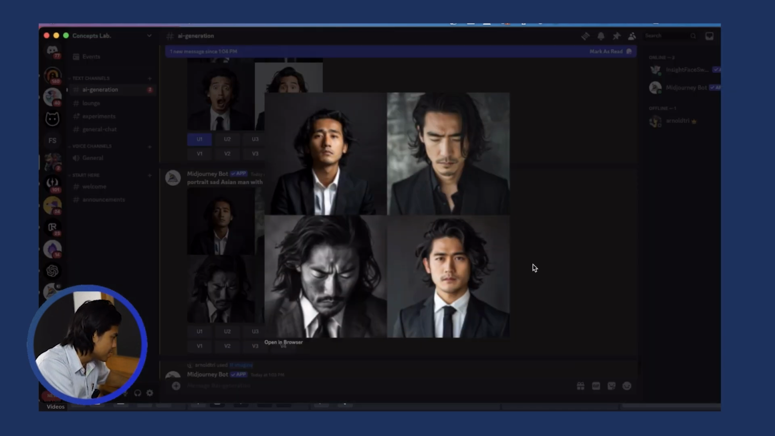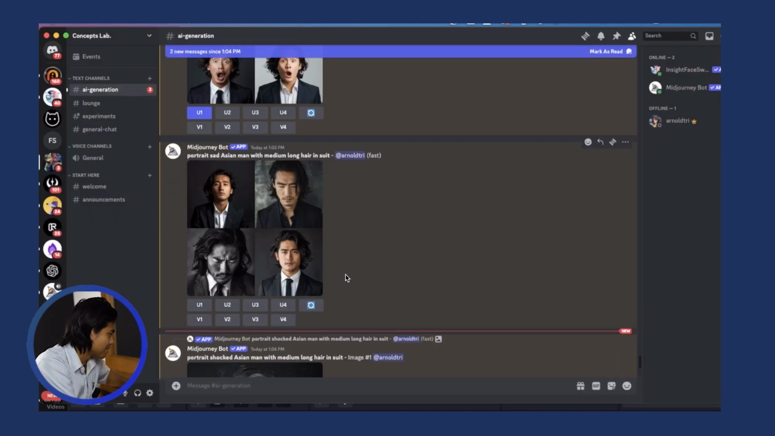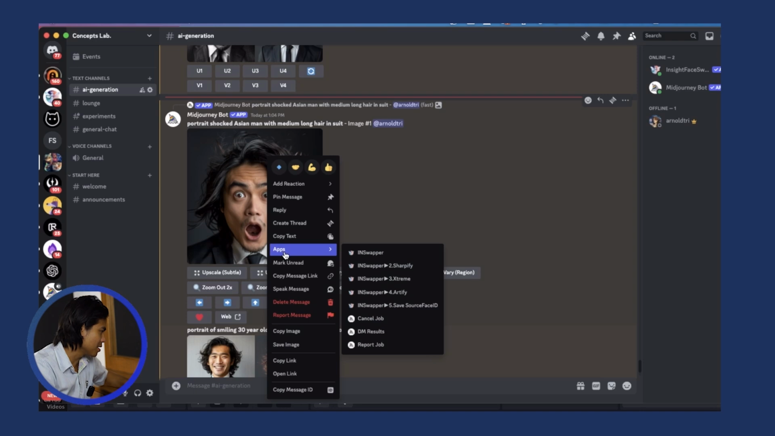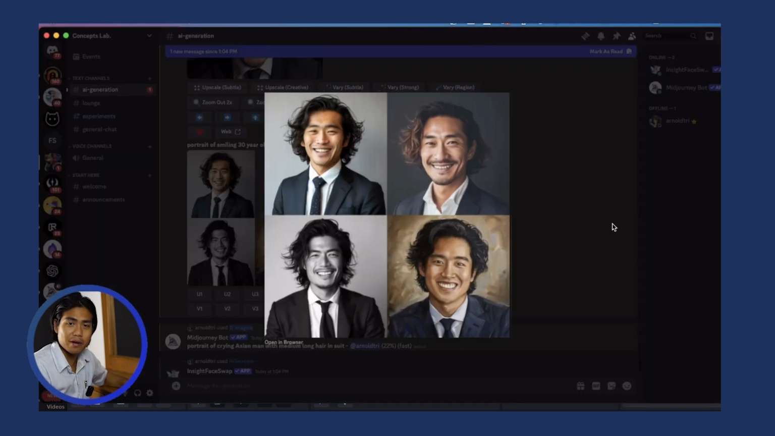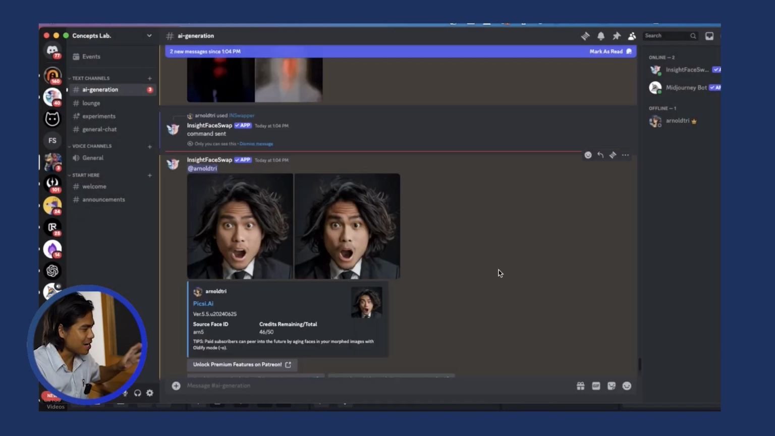And then now for the sad Asian man, doesn't look too sad, just looks like he's not excited. So maybe I'll do a crying portrait of crying Asian man. Okay, so now we have the shocked one. We'll swap that face out and see how that looks. Now the smiling one looks good too, so I'm gonna take the first one and then I'm gonna swap this face out. Okay, so the excited one, I think it does look like me, so I will take this and